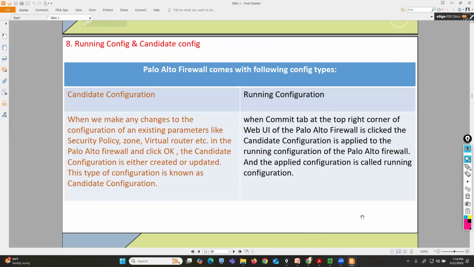Now let's talk about two types of configuration in a Palo Alto firewall device: candidate configuration and running configuration. What is candidate configuration? Whenever you are configuring anything in a Palo Alto firewall device, for example creating a security policy, configuring interfaces, routing configuration, virtual router, or zone configuration, and you click on the OK button,